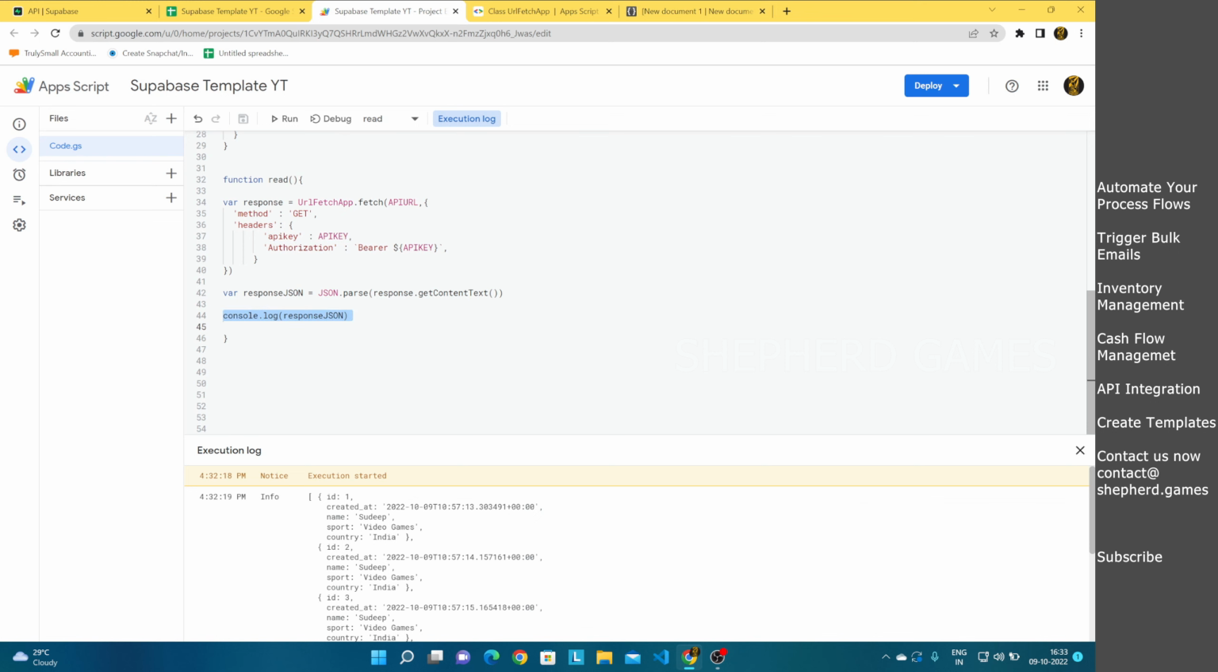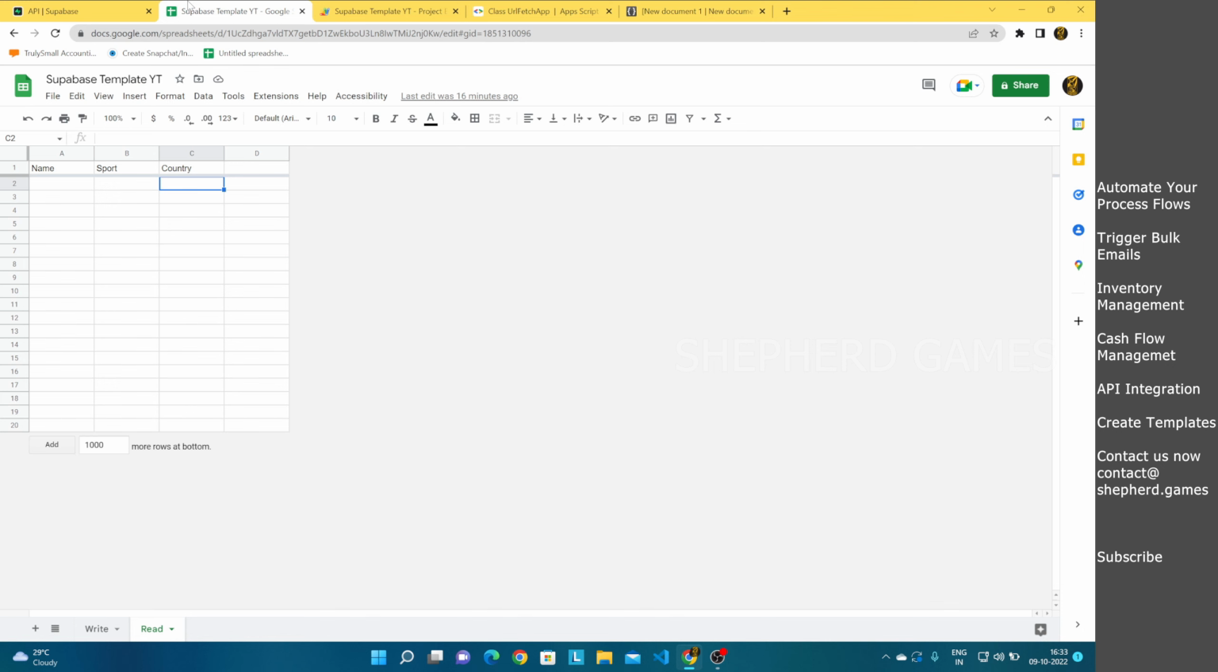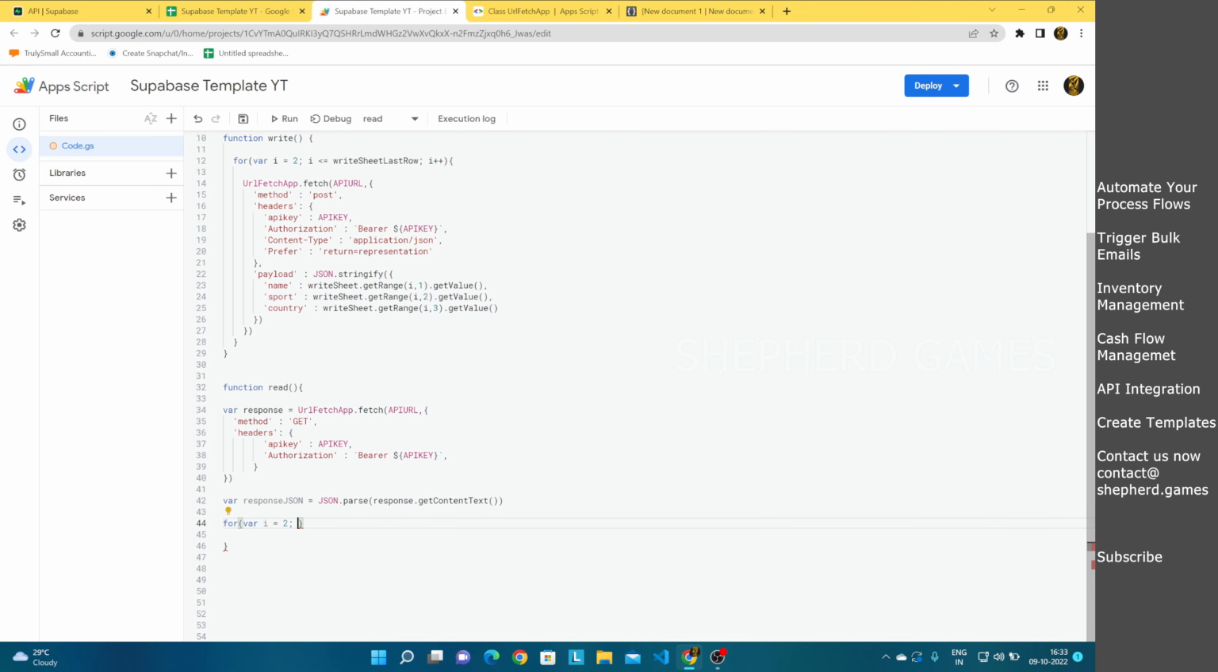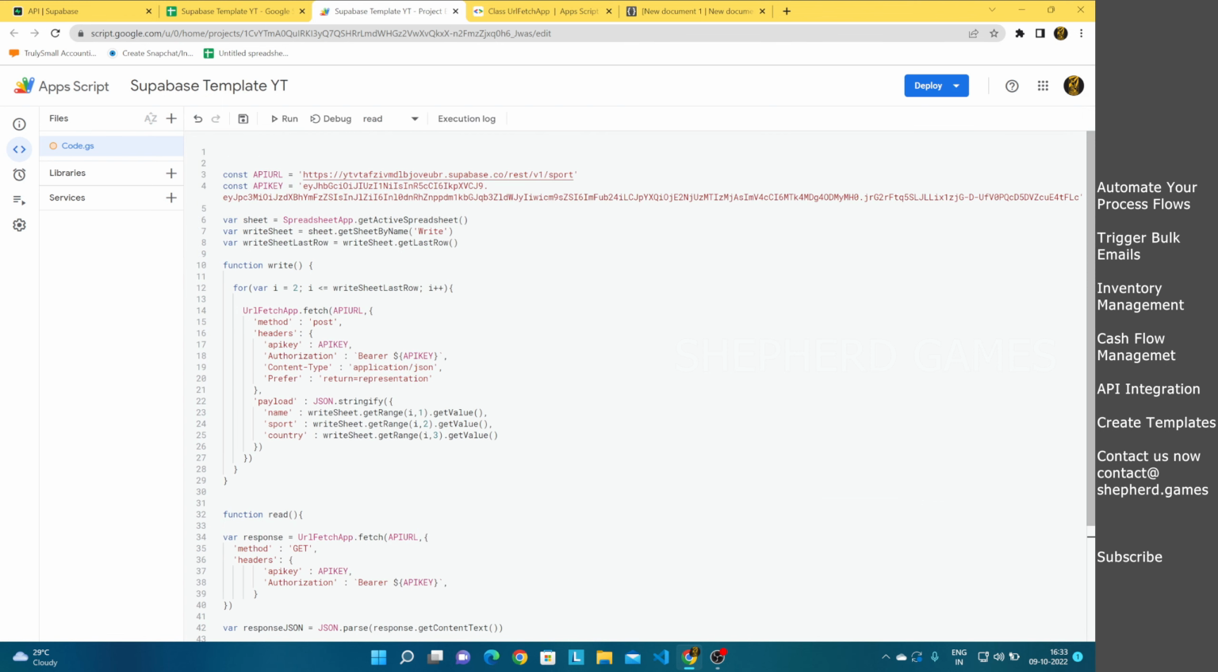Now we don't need this. I will write a for loop: i is equal to 2, which will be the second row, and i is less than or equal to responseJSON.length, i plus plus. Now we are going to print the data on the sheet. So the sheet here is